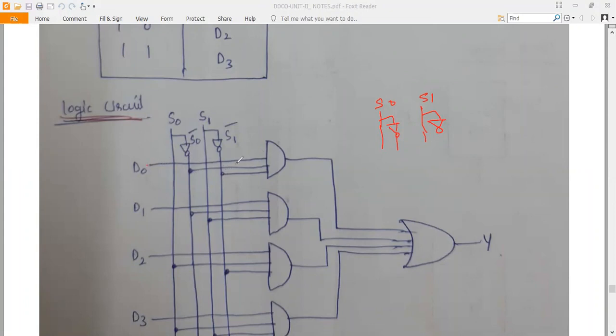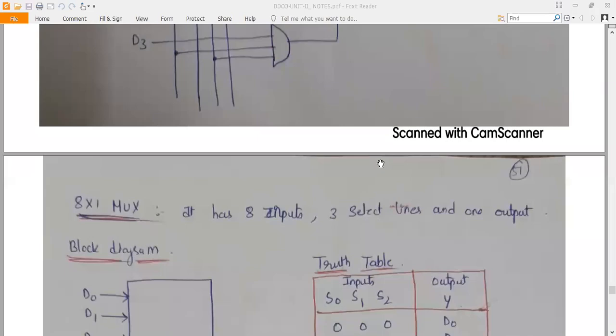The third input, D0, will be added over here. Similarly D1, D2 and D3, because the output depends only on this D0, whether it is a 0 or a 1. That will be given to the OR gate. This is how we go for the 4:1 multiplexer.